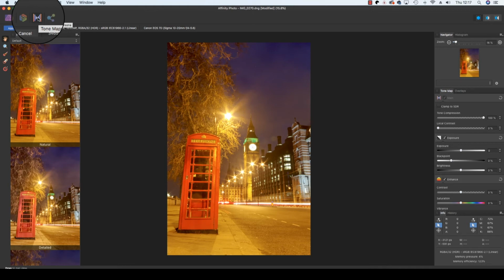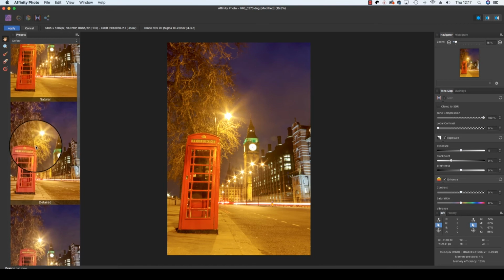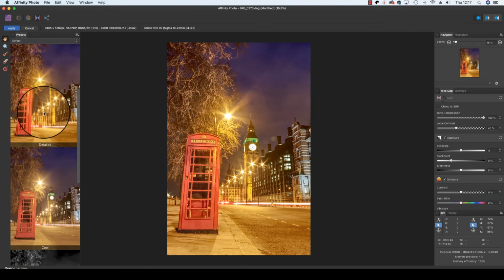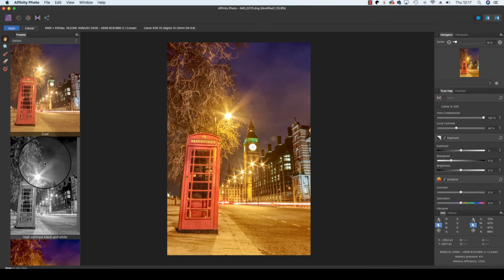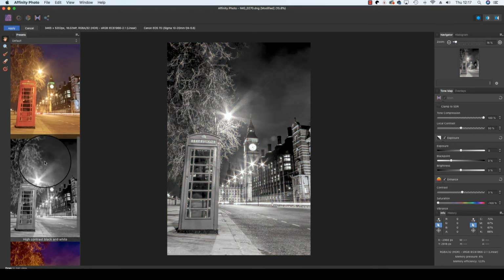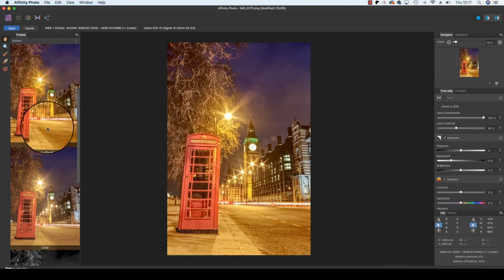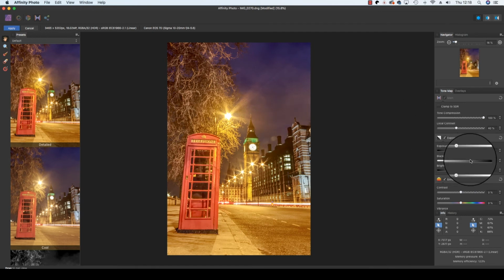The interface has changed too, and down the left hand side you've got a number of presets, including detailed, cool, and a number of black and white options too. I quite like the detailed option, but for more precision you've also got adjustment sliders down the right side of the interface too. The two most important sliders are the tone compression